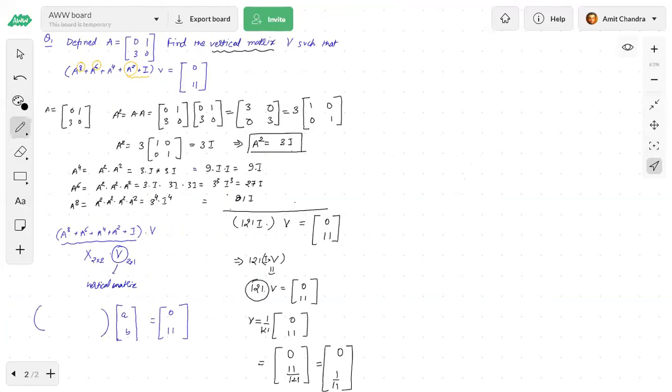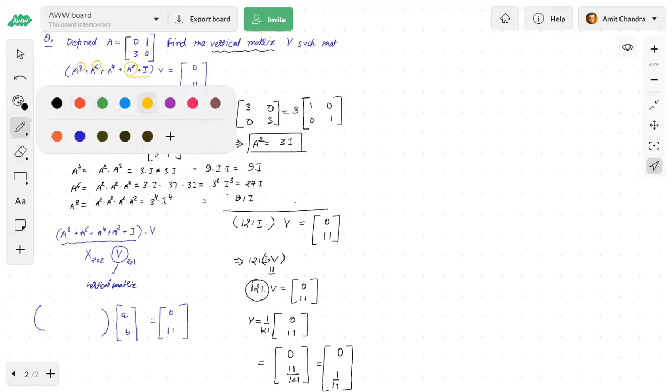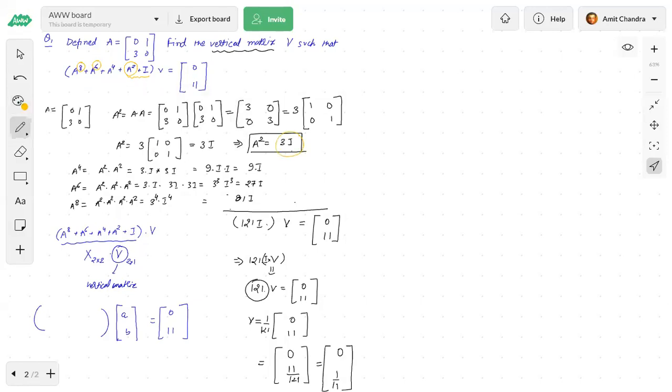See here, this is what I'm adding here: 3i, 9i, 27i, 81i. These are the values of a to the power 2, a to the power 4, a to the power 6, and a to the power 8, right? But here I is also there. So that is why this whole thing is 120 plus I. So this is 121i. The left side is 121i. Okay, Pradyuman, understood? Okay, fine. Just copy this, check this, then we'll solve the next question.